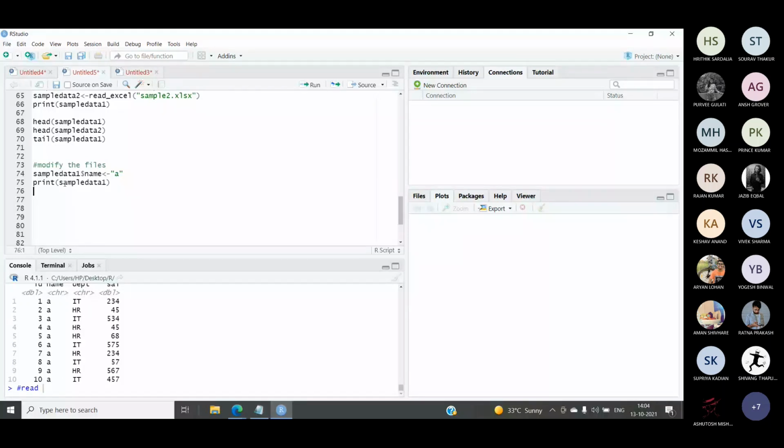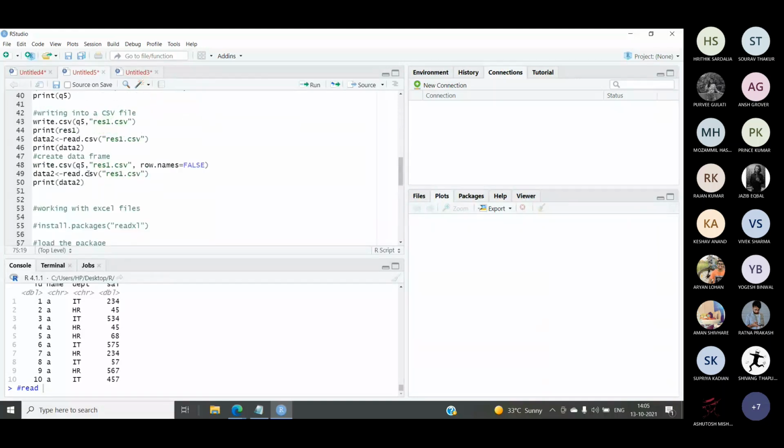These things are not to work with Excel only. These are the operations for changing values that operate on data frames, because we have imported the Excel files as a data frame inside R. So whatever functions we used in the previous labs for data frames, all those functions will work with the Excel files also, with this data frame also.